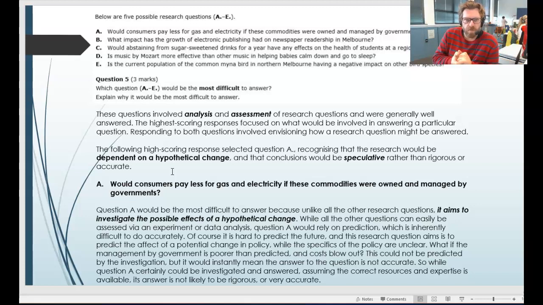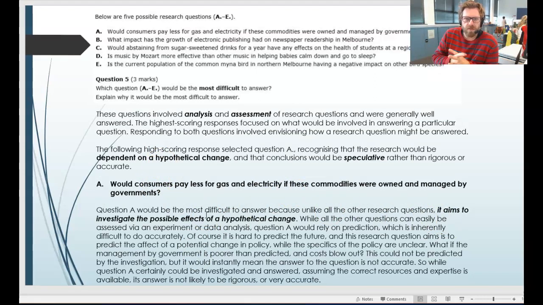I think everyone finds this question quite easy, and I think that if there was going to be an easy question, this would be the one. I might be wrong. It's a low-scoring question. It's asking you to analyse and assess the research questions that are given above here. Okay, so I won't spend too much time on that, but